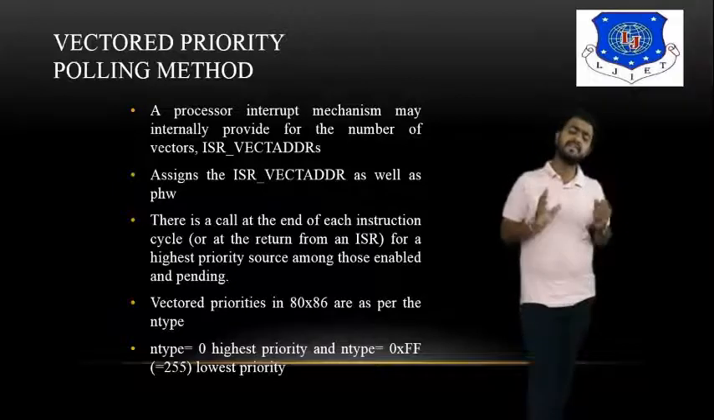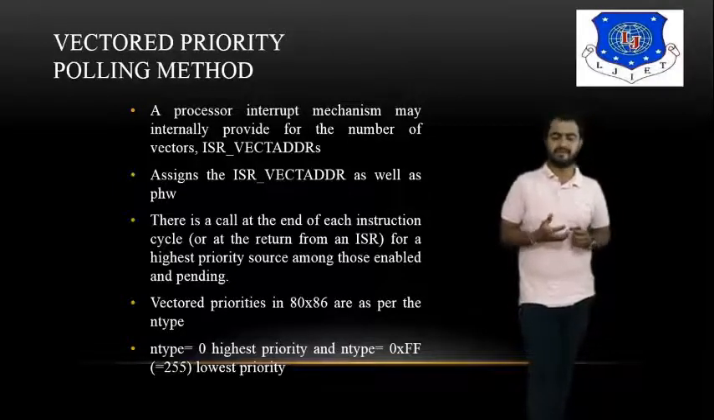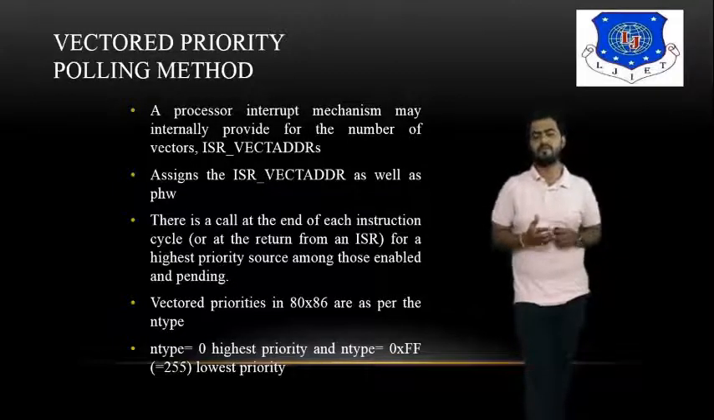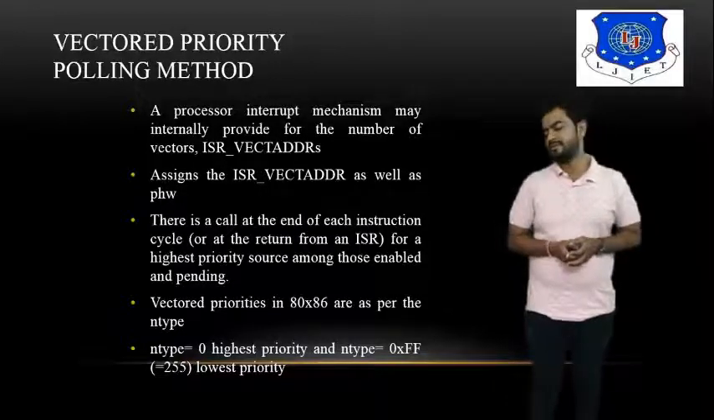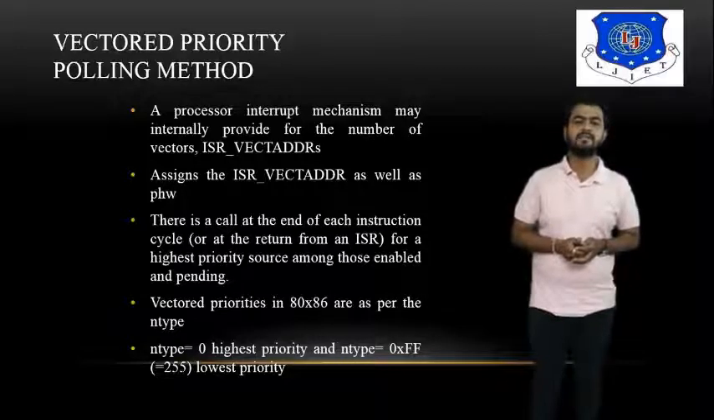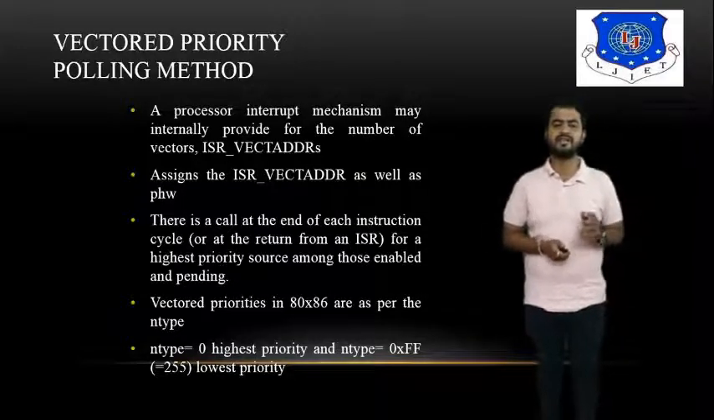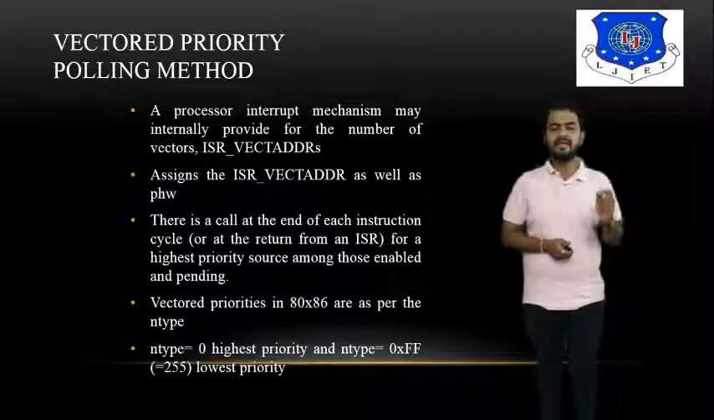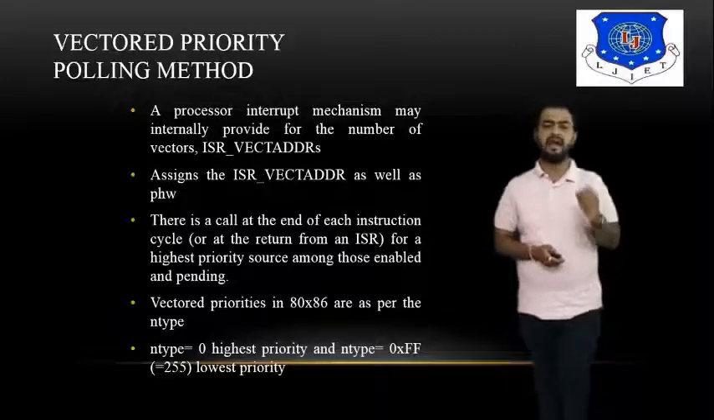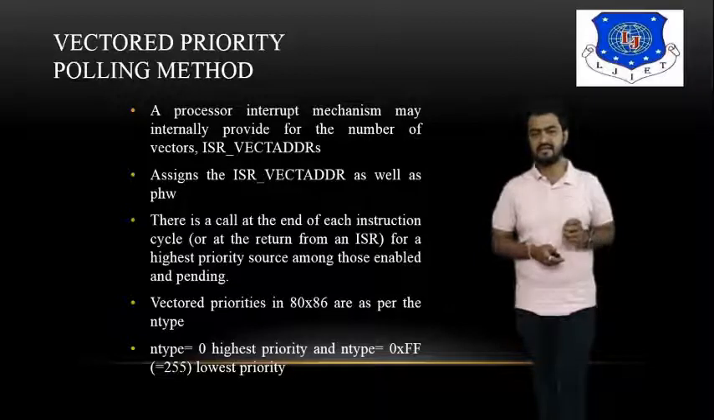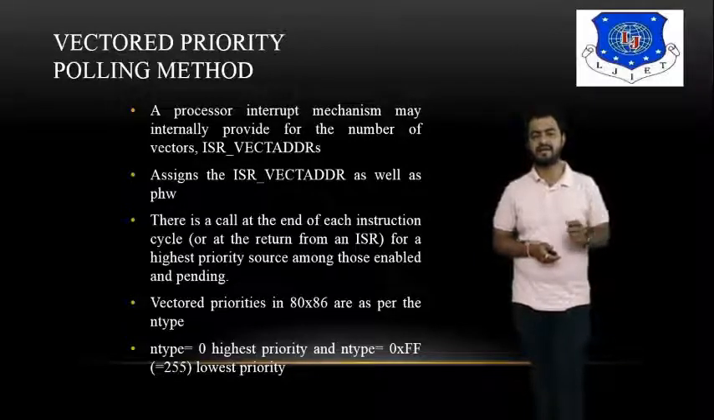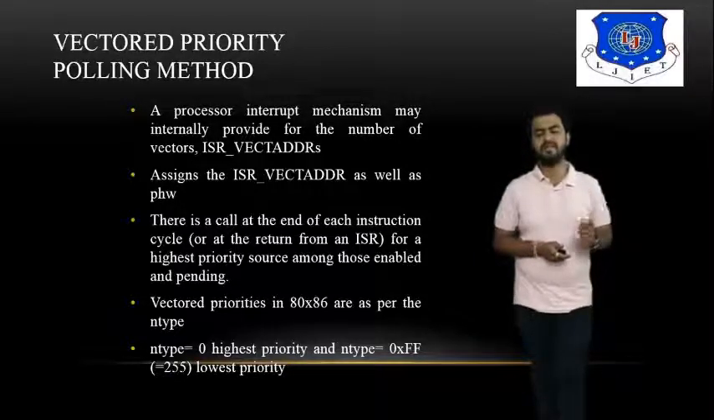So now when we discuss multiple inputs, the multiple types of input priorities, we have to discuss the vectorized priority polling method. In the vectorized priority polling method, a processor interrupt mechanism may internally provide for a number of vectors: ISR, vector addresses, assigning the ISR vector address as well as a PSW, which means it is assigning the different types of